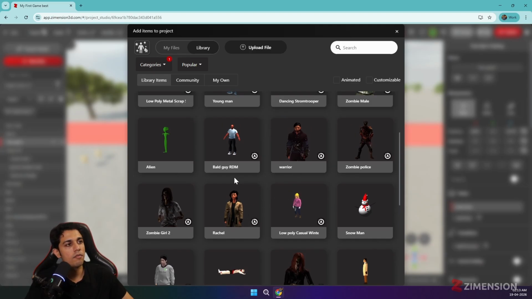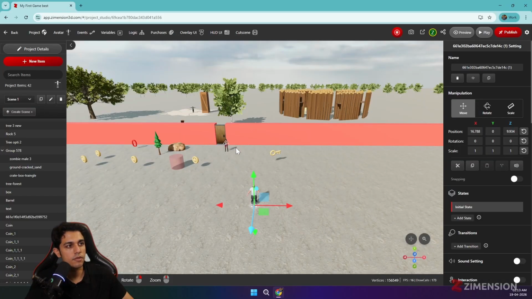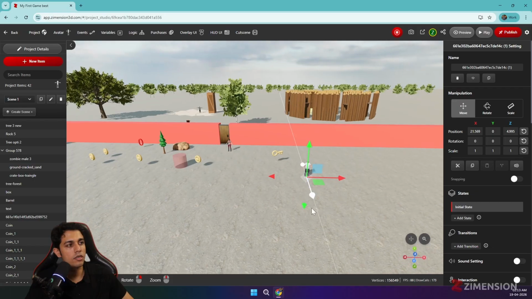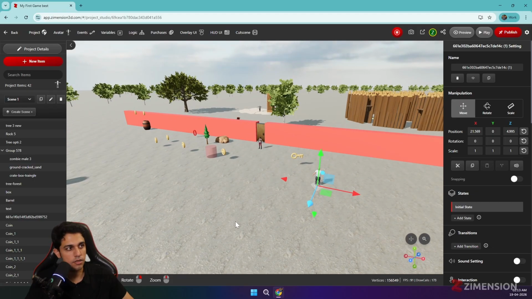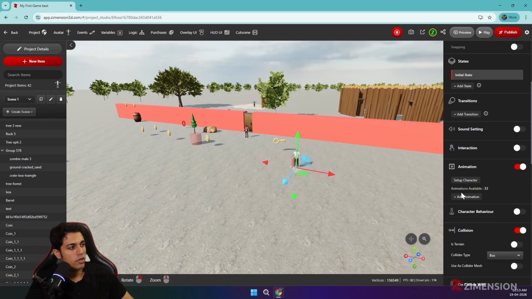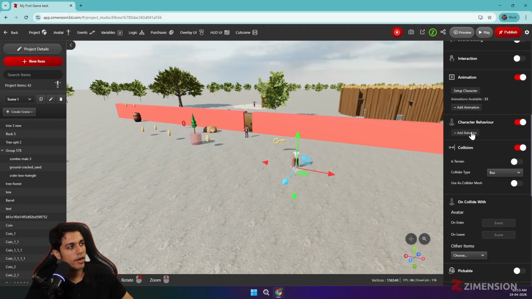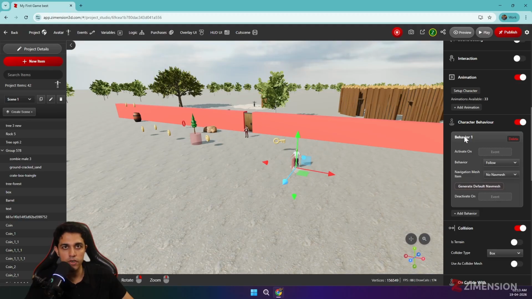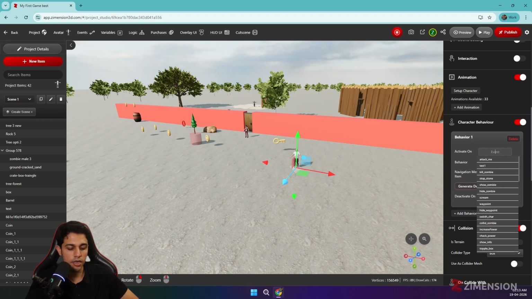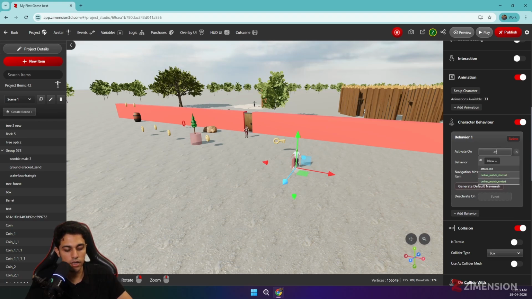So for example, let me select this guy. Okay, so what we want is this guy to attack us. All you need to do is check this option on of character behavior and add a behavior, and you need to activate this behavior on any event. So let me create some event like attack